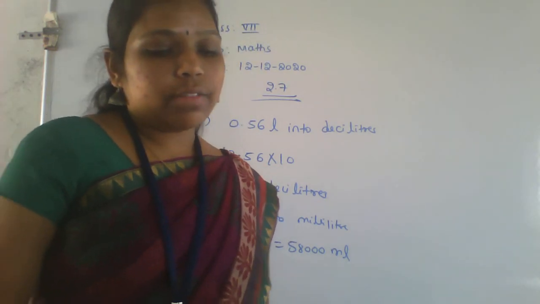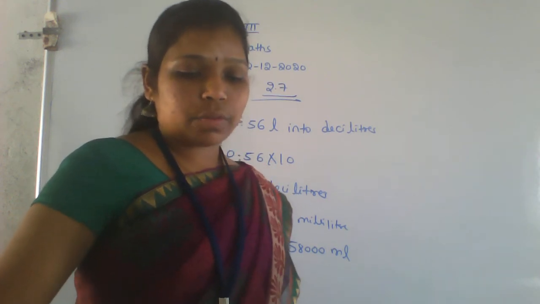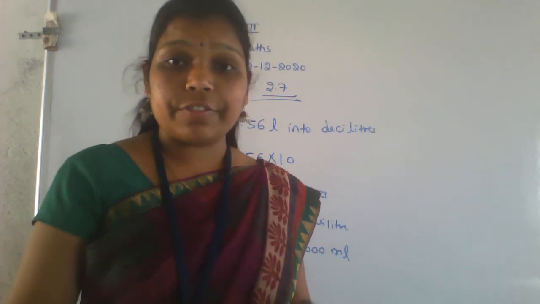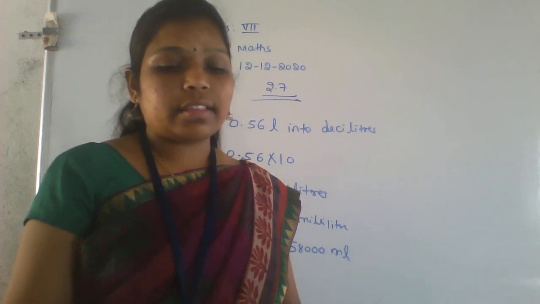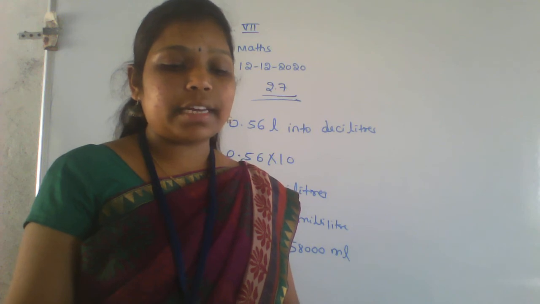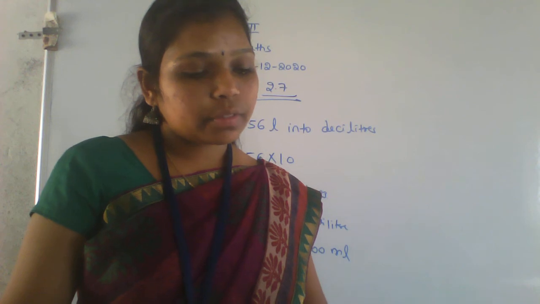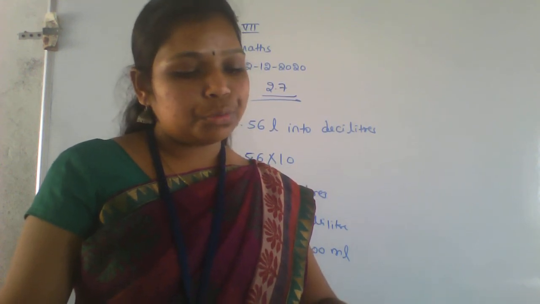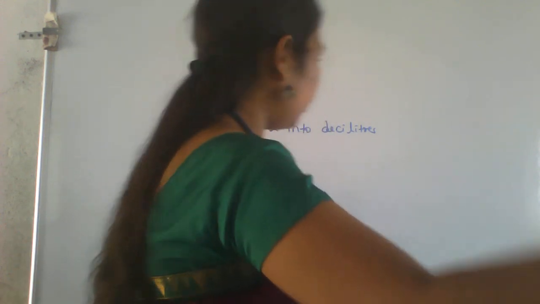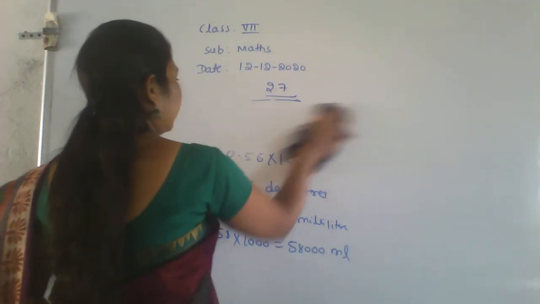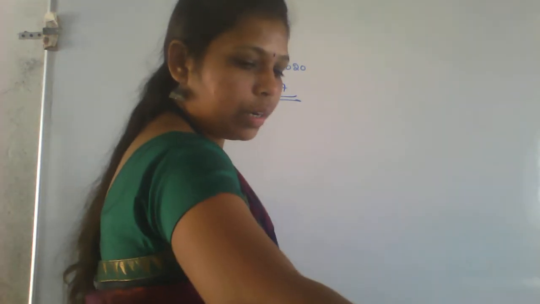Now go for the fourth main. That is fill in the blanks. Fill in the blank boxes with the appropriate figures. First main. 1,32,000 centigram is there. Here, how many kg? Centigram to kg means divide. 1, 2, 3, 4, 5. So divide with the 5 zeros. You will get the answer. First one, fill in the blanks. Okay, 2.7.